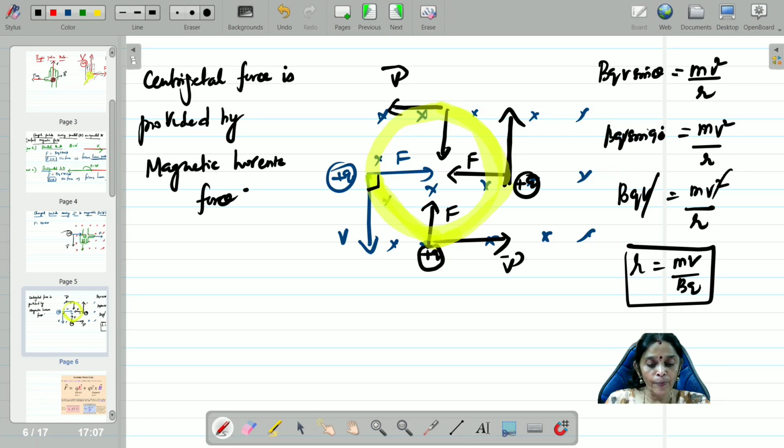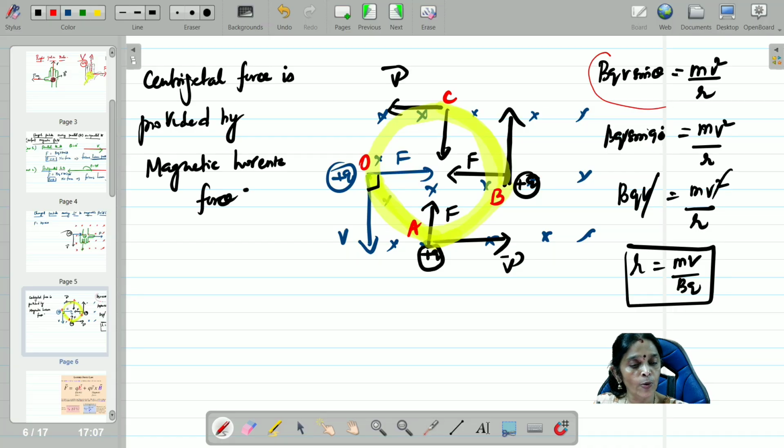In the same way, at this point B, this is O, this is A, this is B, C. At this point B, again the magnetic field is inwards. Velocity of the charged particle is acting upwards, along the y-axis. Therefore the force is towards left. In the same way, everywhere the force will be acting towards the center of the circle. Since it is acting towards the center of the circle, centripetal force is acting over here. The centripetal force is provided by the magnetic Lorentz force.